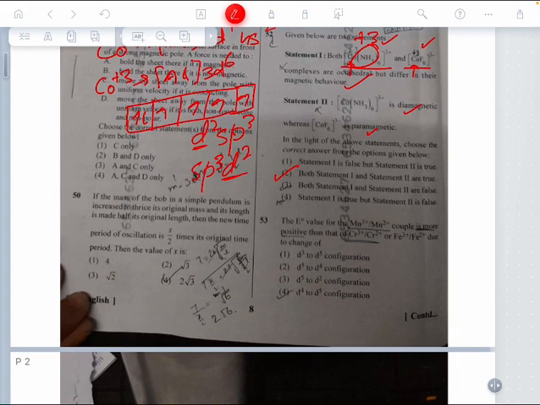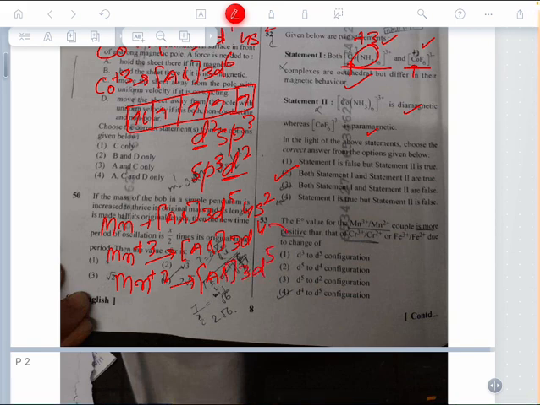Now it is asked, E0 value of Mn+3/Mn+2 couple is more positive than Cr+3/Cr+2. Now let's go on and see Mn+3/Mn+2. So if I write the electronic configuration of Mn, it is argon 3d5 4s2. So Mn+3 has electronic configuration of argon 3d4 and Mn+2 has electronic configuration of argon